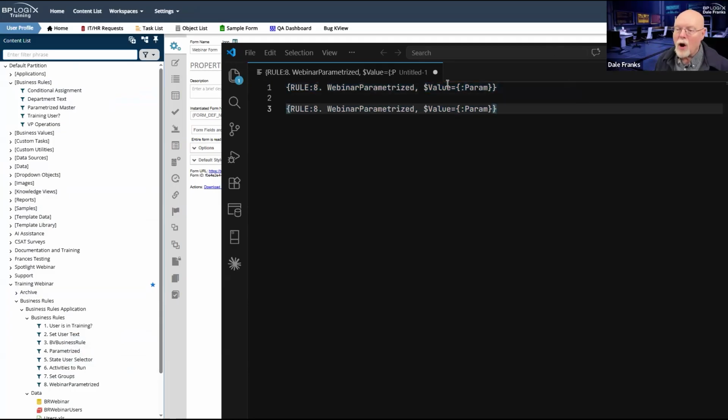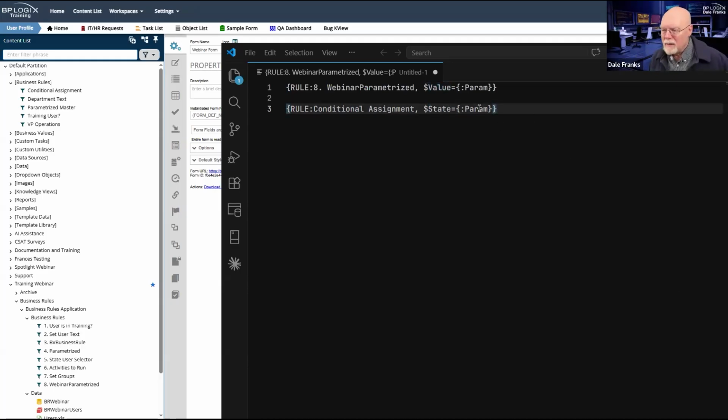The only way that I could call that would be to call rule conditional assignment, spelling very important. My parameter is state.